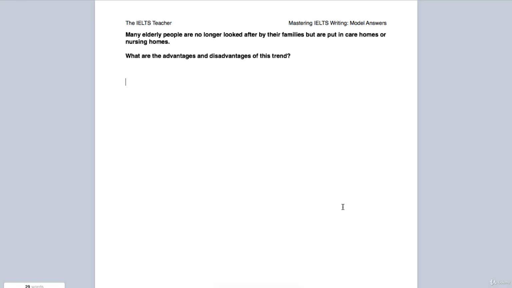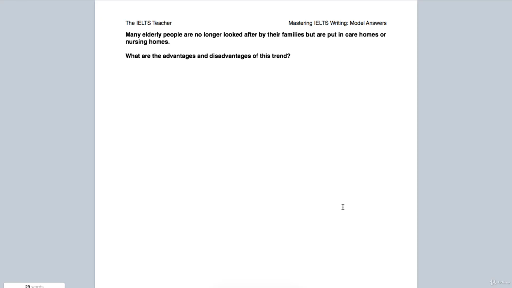The aim with these essays is to look at a slightly different topic for every different task so that you get a range of ideas that you can use in a range of different circumstances, and that you also get to learn a range of different topic related vocabulary as well. So we'll go through the usual process here, looking at this question.